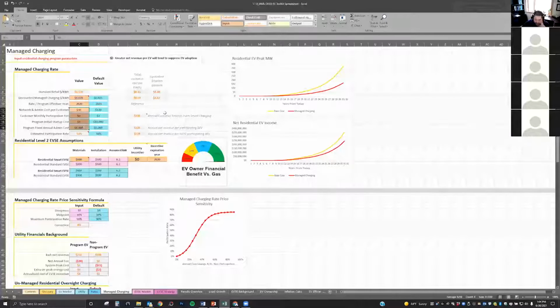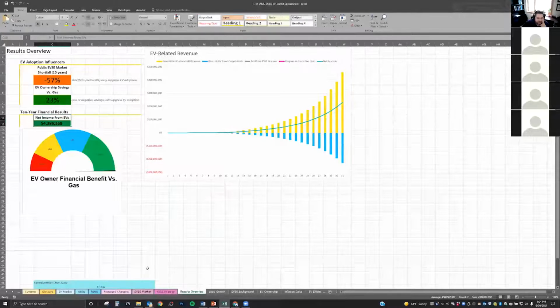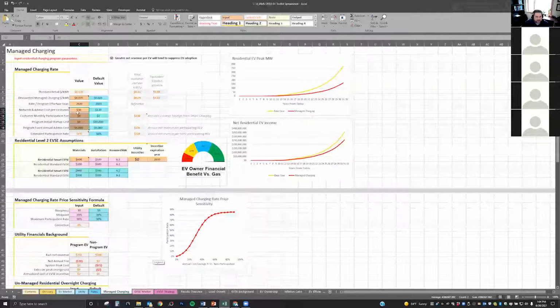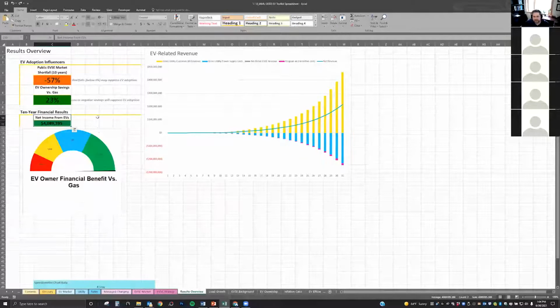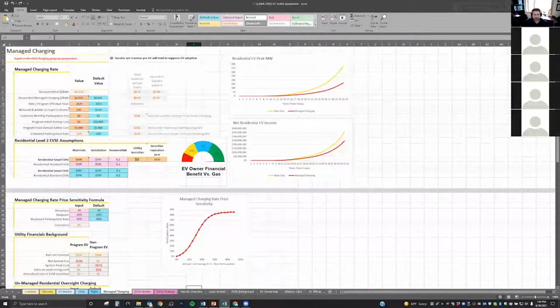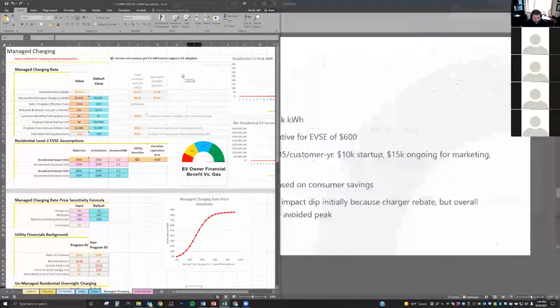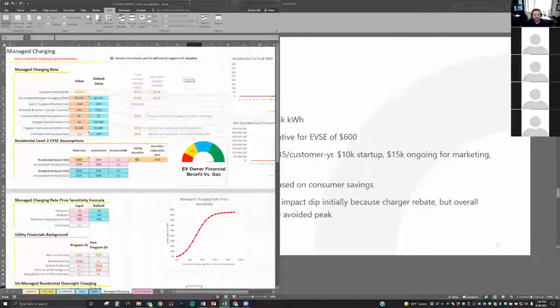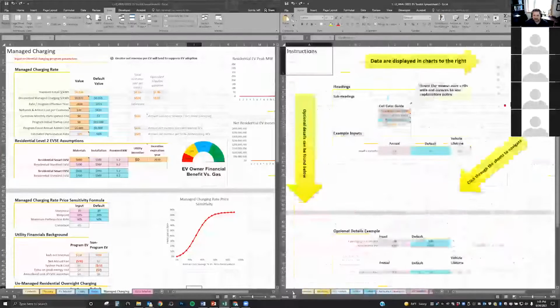But you can see if there were no cost to implement this, your net income is going to be like 4.3 million. But when you factor in the cost to implement this managed charging program, your net income is going to go down, right? So basically what this tool is doing is saying, hey, there's a cost to doing this in terms of dollars, but there's also a benefit in terms of we don't have to upgrade our infrastructure. Very, very handy tool. And what I do all the time when I'm using it, I put it onto one side, I do Alt W to give me a new window, and I keep one eye on the results tab